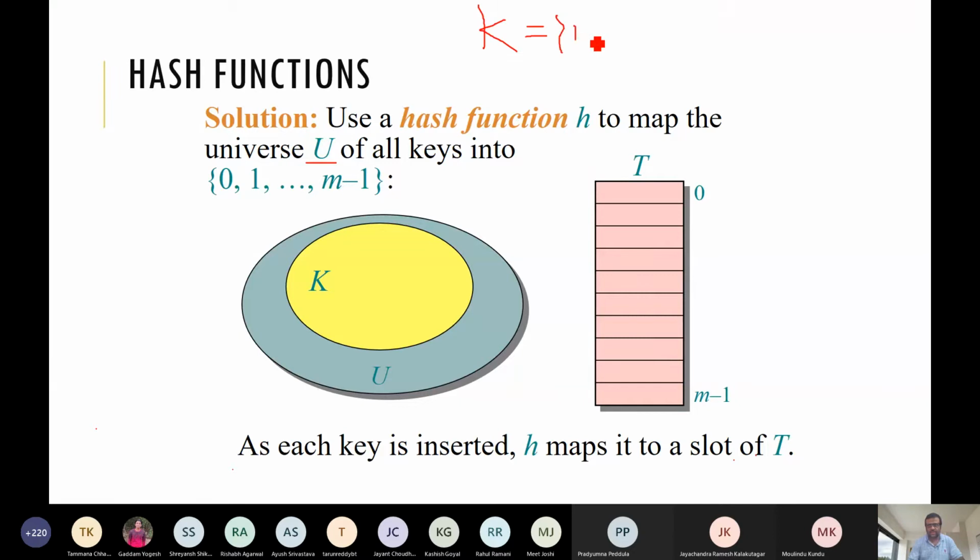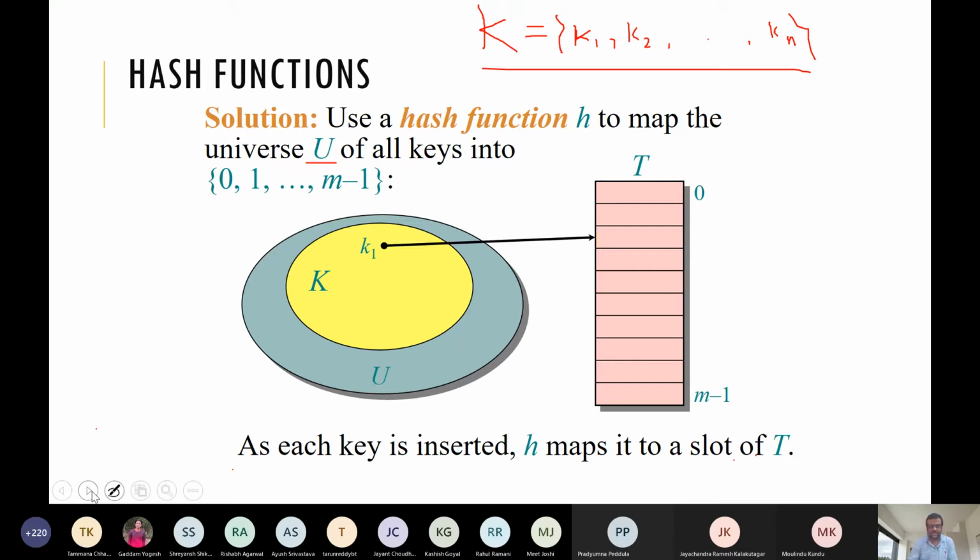So this is containing k1, some numbers, some keys at some point of time, k2, kn, and these are coming from U. This is our current position of our database. We have these keys at some point of time. We take a snapshot. We have these keys, and we need to store this key into this table, into this array. So what do we do?